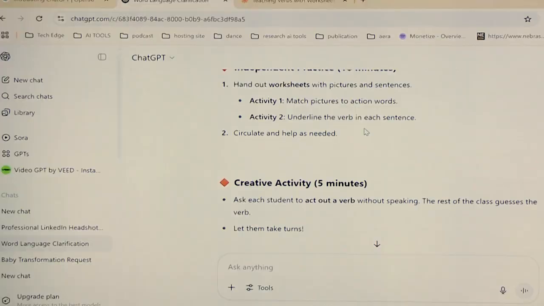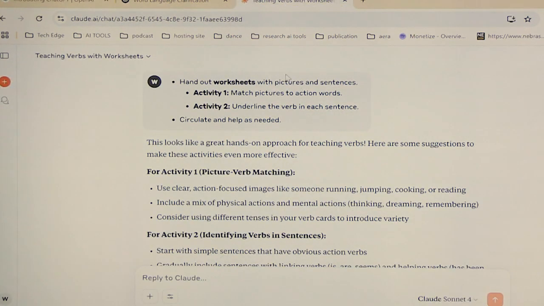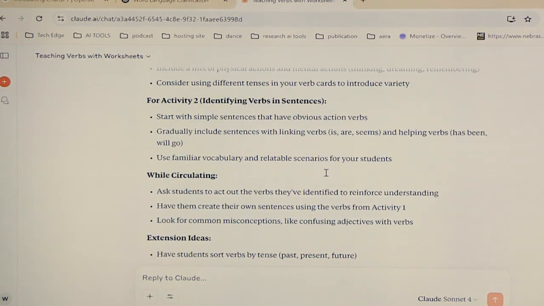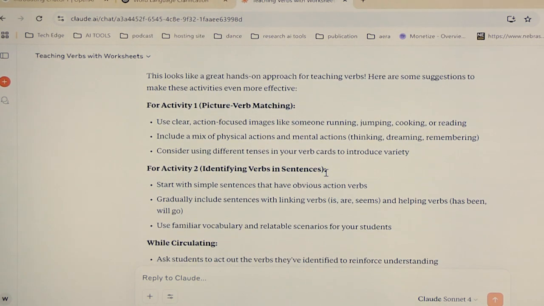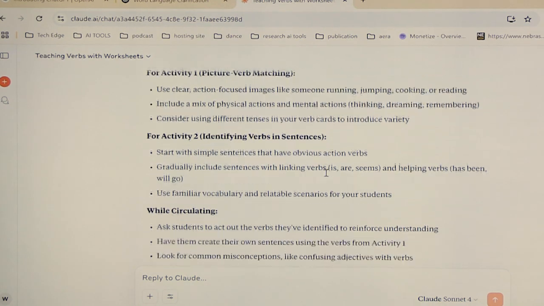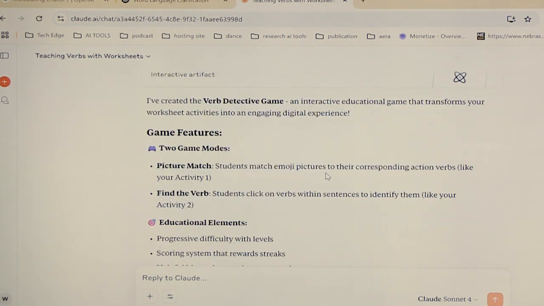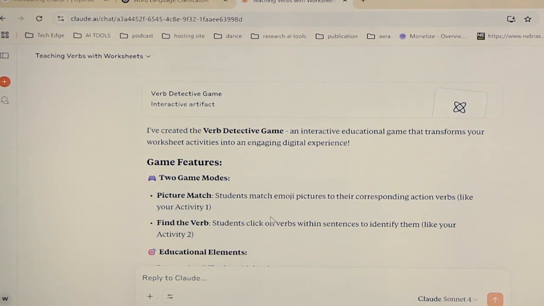Yes. So what's next? So I took this independent activity that is supposed to be done and took it to Claude AI and said, this is an activity I'm supposed to do with my students in the classroom. And it says, sure, okay. It created a much more detailed description of how the activity would work. So you're amplifying and adding detail, and then? Then I asked it, okay, create a game based on this. And this is the artifact that was created, and it gave me the game features and everything.